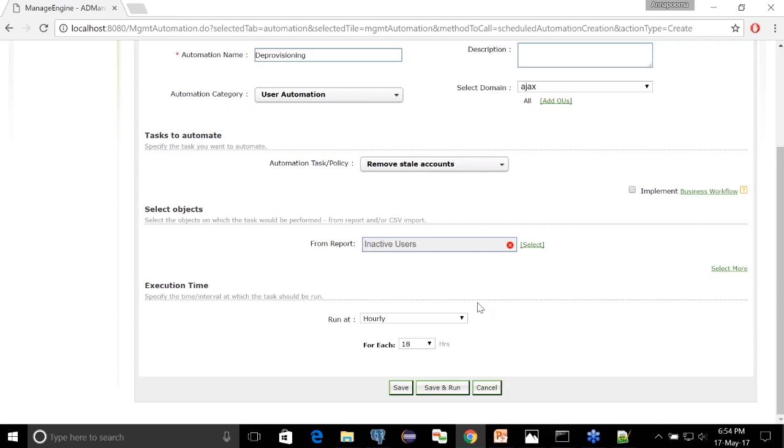Just select this option. So I need to get the user accounts who are inactive for last 30 days. You can even exclude the disabled user accounts or user accounts who have never logged in. And now I'm going to hit OK.